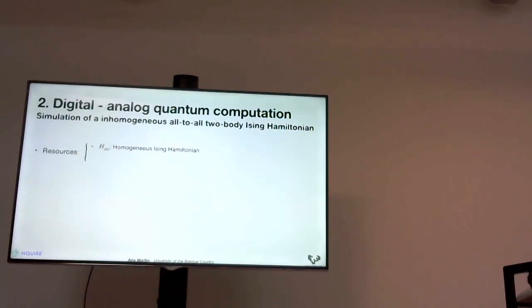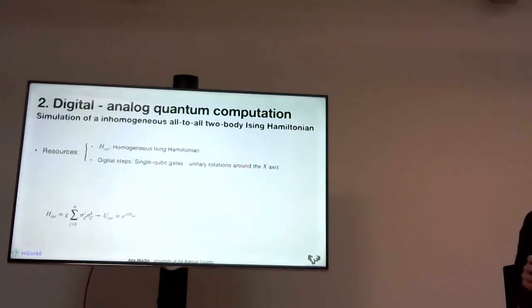This is a good approximation since this is the Hamiltonian that naturally appears in transmon qubits, or whenever we have a spin-spin interaction in trapped ions. And the other resource we are going to use is the digital step, single qubit gates, so unitary rotations around the x-axis. Our goal is going to be to simulate this inhomogeneous Hamiltonian,